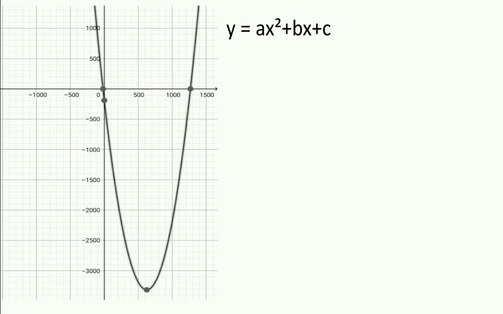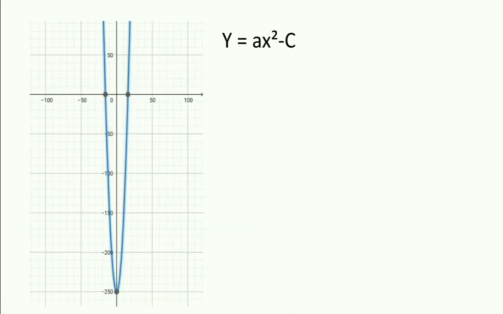Now since there are two x terms, we can't find the root of this equation directly. But if we think carefully, then we can find the root of the equation y equals ax squared minus c, where c is just a constant. And by simple algebra, we can say that the roots of this equation are plus or minus the square root of c